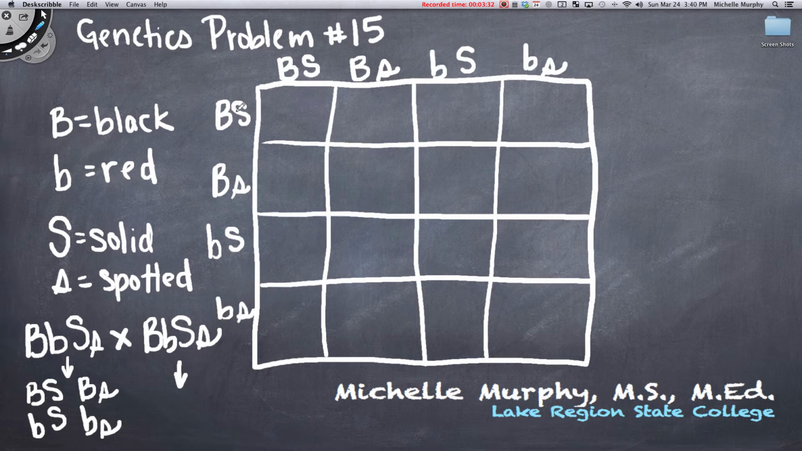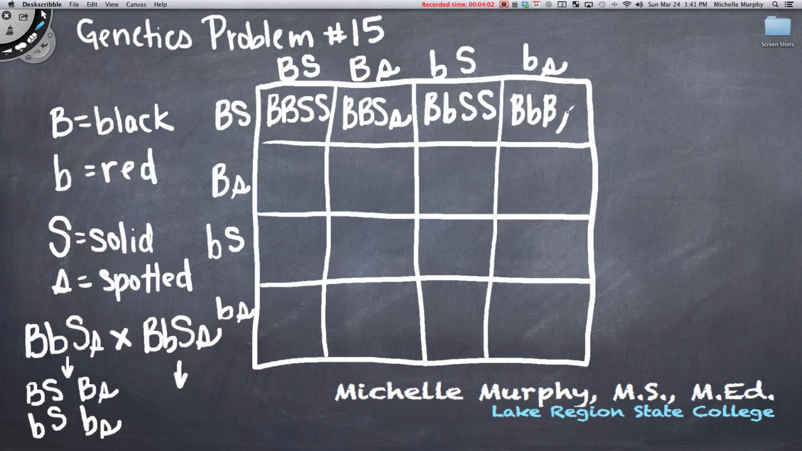Okay, now this is by far the hardest part of the whole process, because the down and across is exactly the same. We go down, we go across. Big B, big B, big S, big S. Down and across. Big B, big B, big S, little s. Here's the big S, here's the little s. Down and across. Big B, little b, 2 big S's. Down and across. Big B, little b,